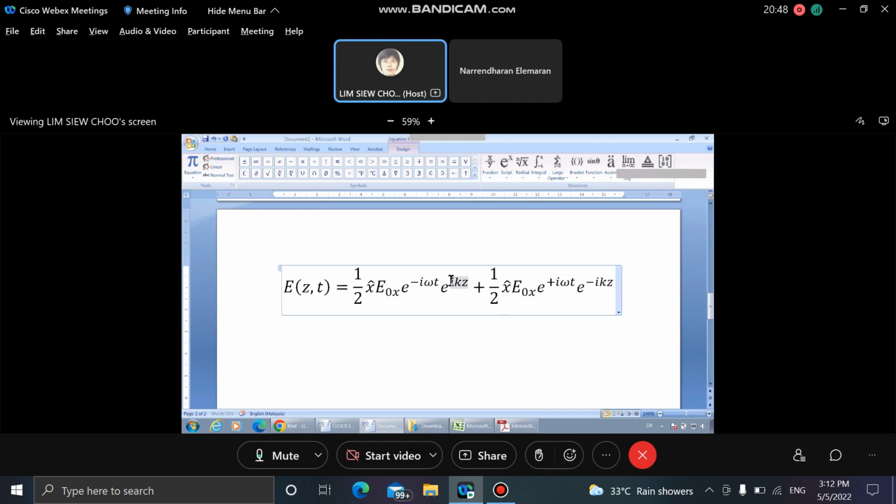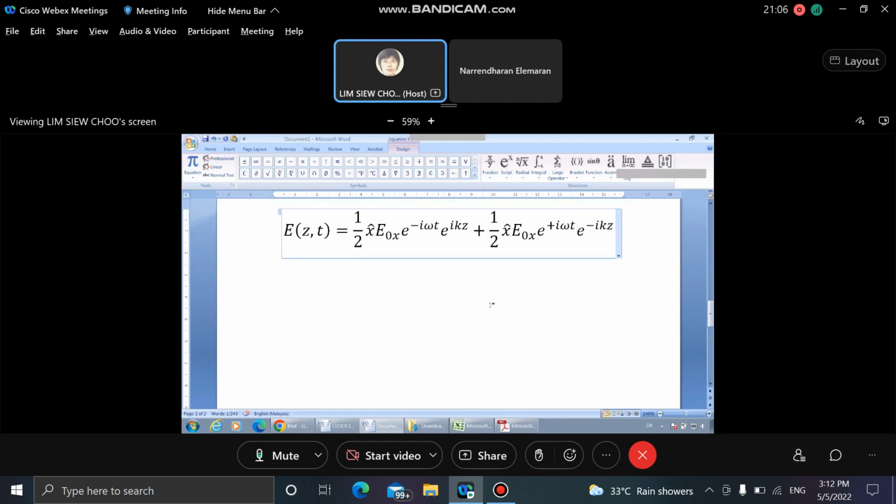The positive i here means that the wave travels in the positive z direction. It doesn't mean negative, but somehow when you apply it to the actual situation,